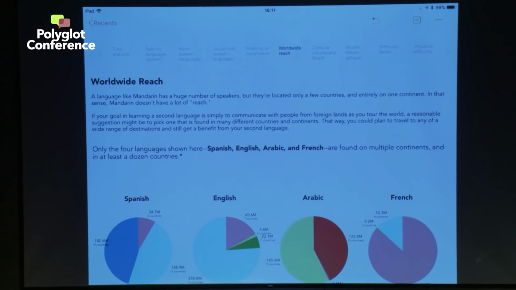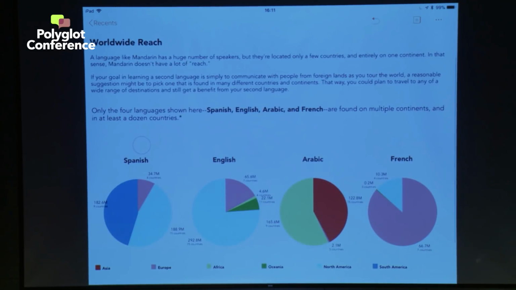What about our general worldwide reach? Essentially, this is talking about the number of countries, because Mandarin has only really official status in, I forget if it's 2 countries or if it's just China, but it's a very small number compared to Spanish and English that have a wider number of countries. So that changes these graphs a little bit. And four languages start to emerge: Spanish, English, Arabic, and French. Of course, we're talking modern standard Arabic here rather than the dialects, so you still need to dive into the data a bit more, but we can use that.